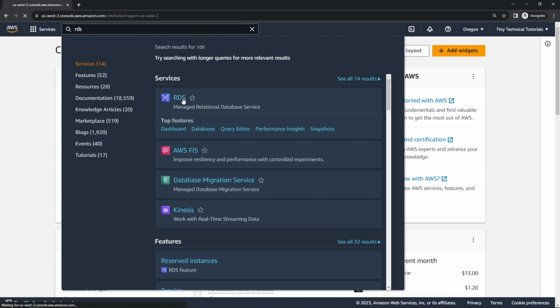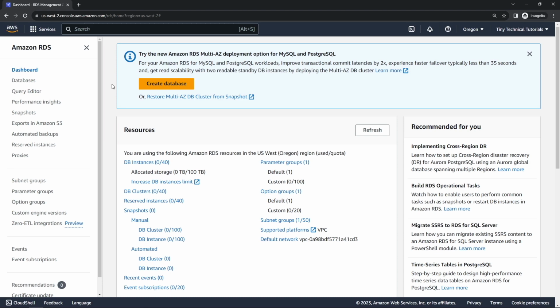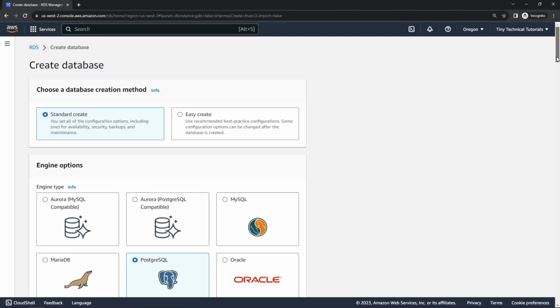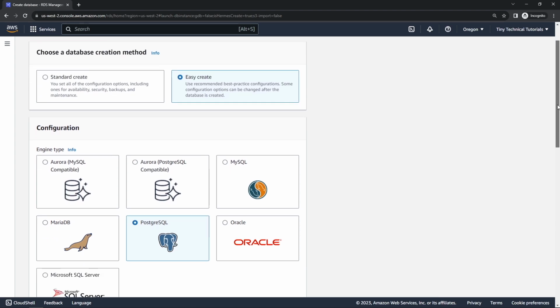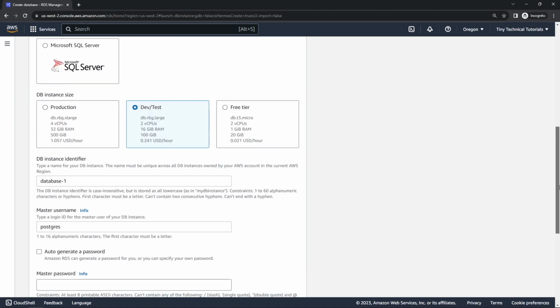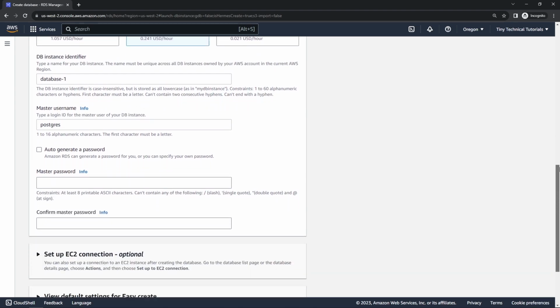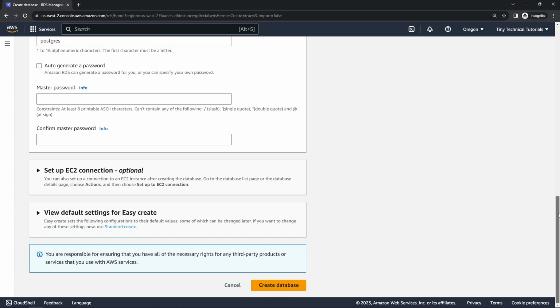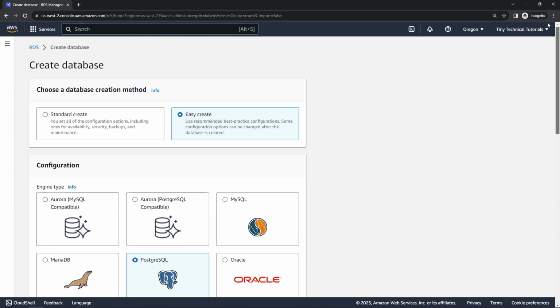I won't go all the way through this one, but I'll just show you how to get started and how to pick the engine that you need. We'll create database. And then you basically just follow this wizard. You can do a standard create to choose all of the options yourself, or an easy create using recommended best practices. But here's the engines that I mentioned before. There is an instance that will run the database. You'll need to enter things like your password and so on, and then you can create the database. So that's for relational. That one does take a little bit more time to get set up, but I also want to show you DynamoDB